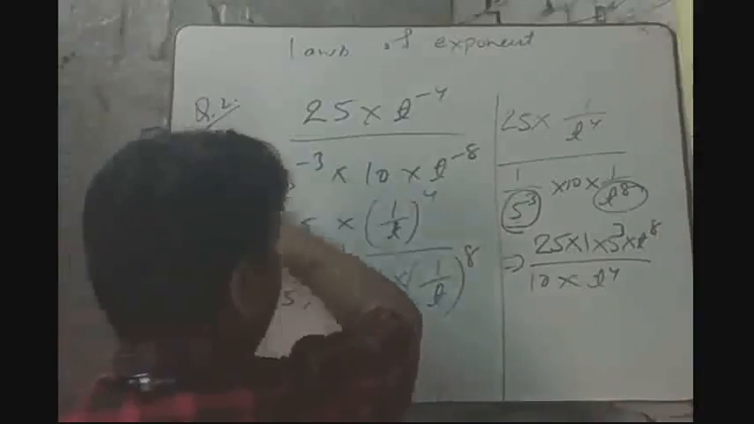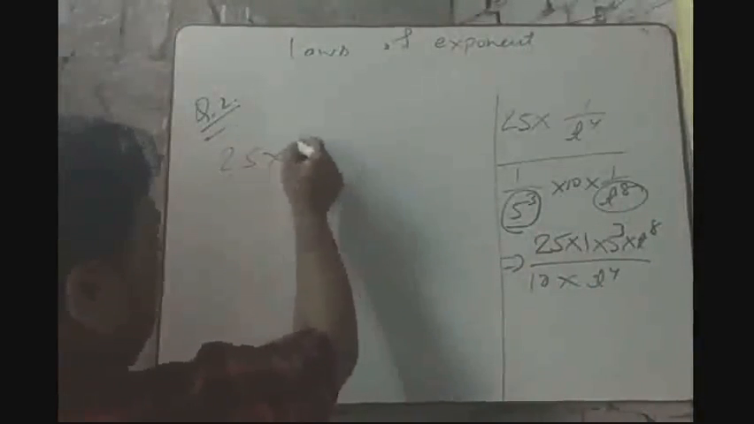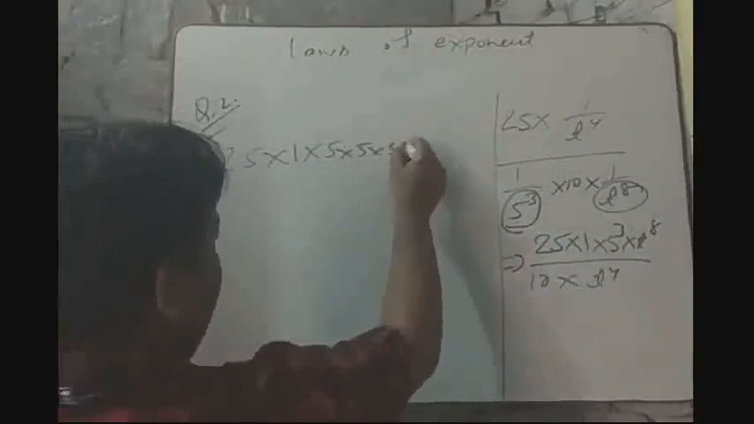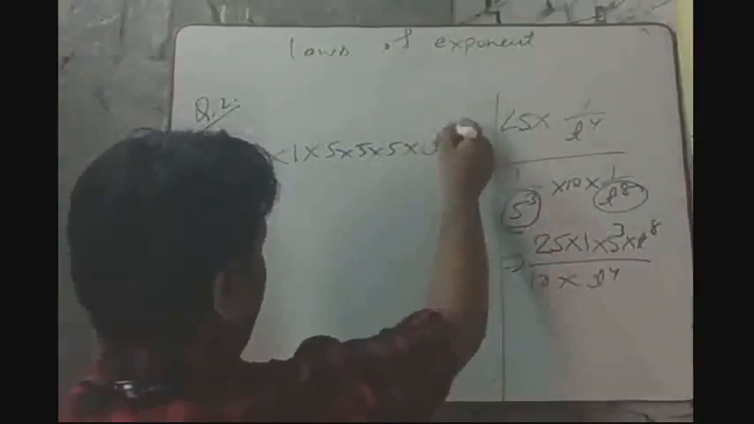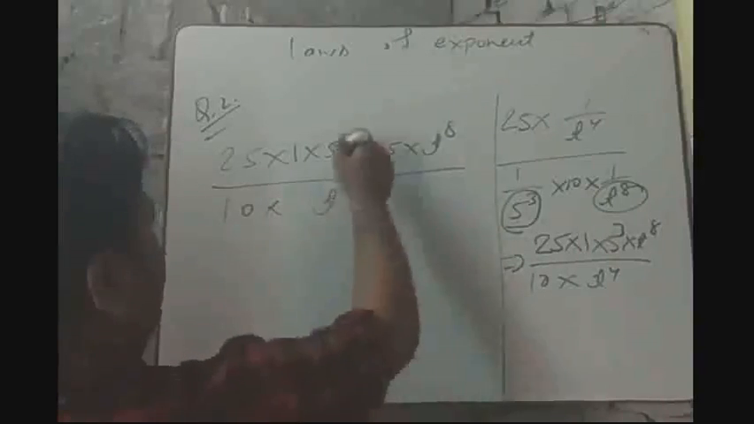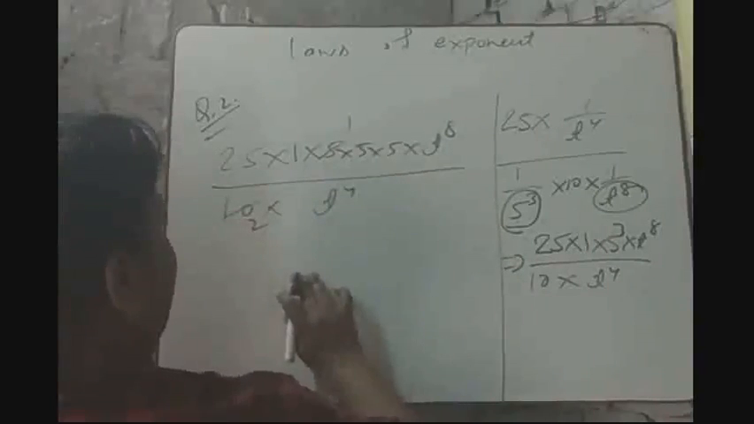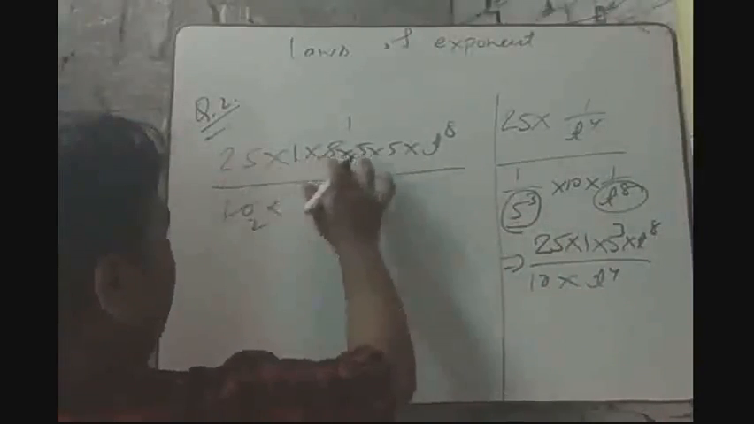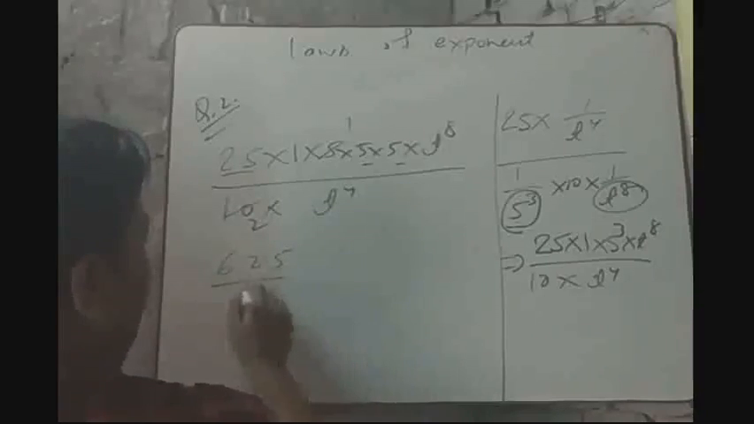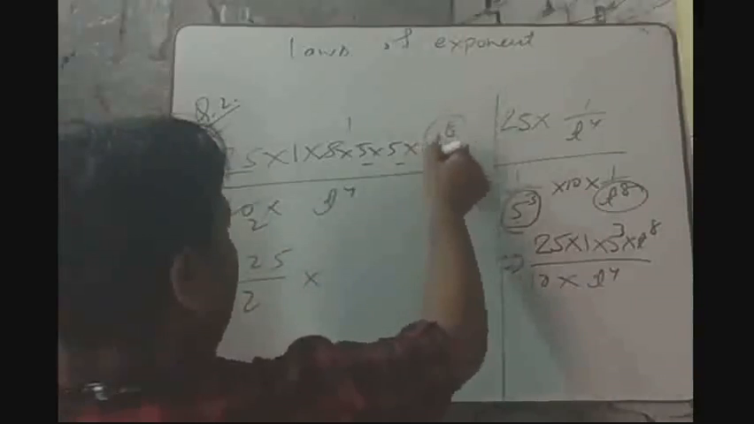Now after that I am erasing here. That is 25 into 1 into 5 cube, which will be 5 into 5 into 5, and t to the power 8 we can write same as there. Here 10 into t to the power. Now 5 1 ja, 5 2 ja. Now nothing is cancelled now, so multiply all the numbers. It will be 625 by 2 here, and it is t to the power 8 and t to the power